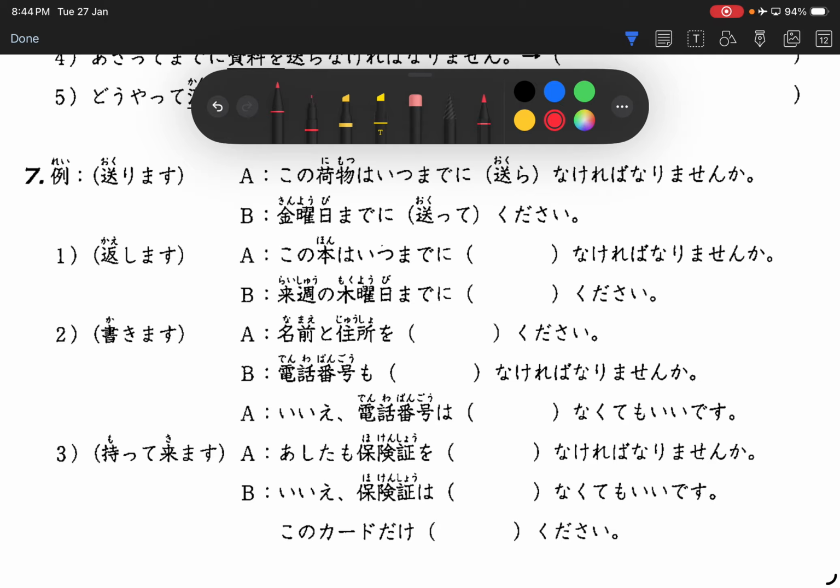So, 返さなければなりませんか、来週木曜日までに。来週の木曜日までに返してください。Very good. Number 2, 書きます。名前と住所を書いてください。Number B, 電話番号も書いてなければなりません。